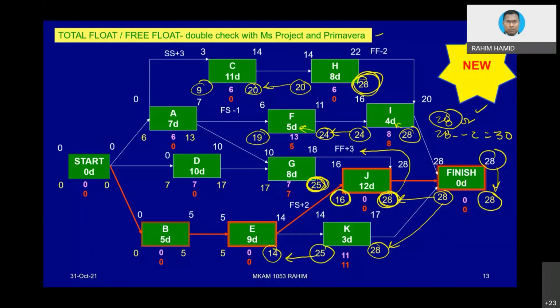16, you need to minus 2 because it is a backward pass. 16 minus 2 equals 14. 14 minus 9 equals 4. 4 transfer here, equals 5. 5 minus 5 equals 0. Okay, so we complete B, E, K, whatever. Now, how about G? G, very simple. 25 minus 8 equals 17. Then transfer here, 17 minus 10 equals 7. And then,